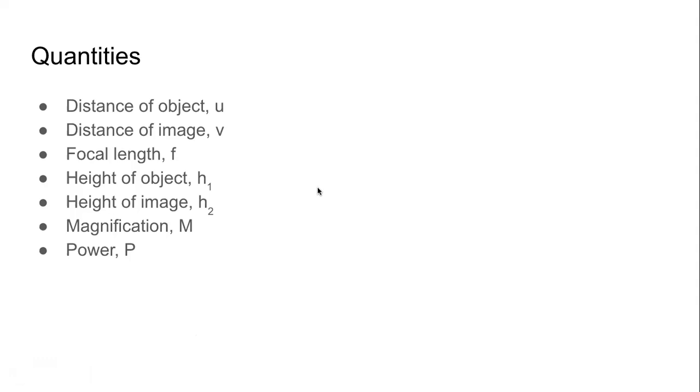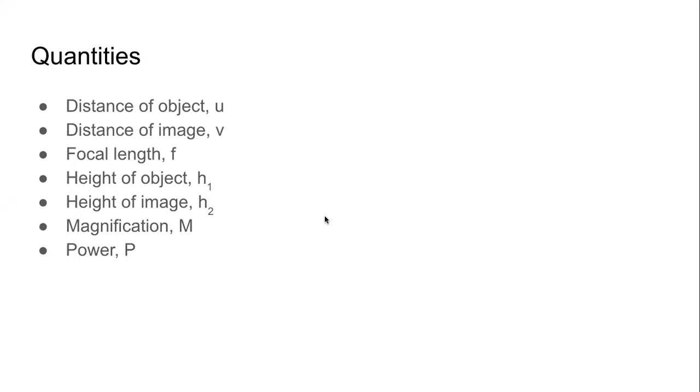Height of the object, है ना? जो ऑब्जेक्ट है, मान लीजिए इसी का अगर हम ले रहे हैं, इमेज बनाएंगे इसका, this is the object, ये कितना ऊंचा है या कितना छोटा है, that is the height. Because you remember, we simplify. An object can be a human being, an object can be a tree, an object can be anything, but we are simplifying the object. We represent the object with an arrow. So when we say height of the object, we are referring to how tall the arrow should be.